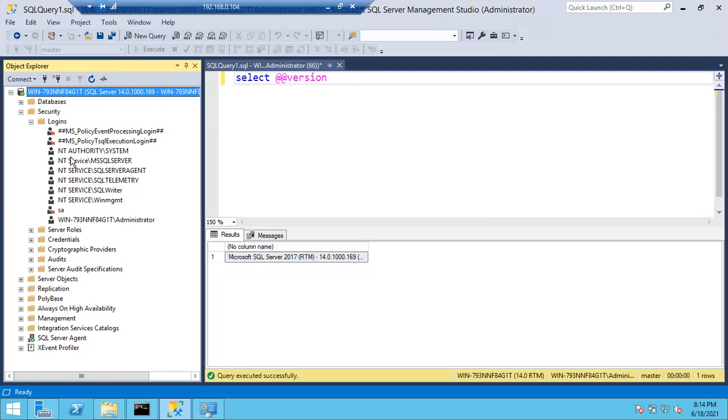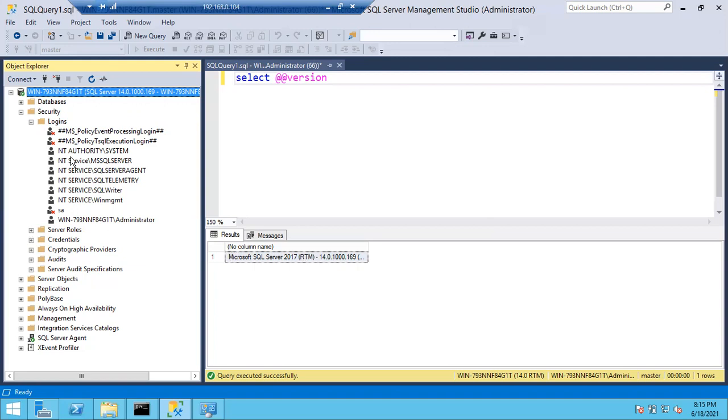Because you are able to log in to the SQL server. Once you are able to log in to the SQL server as a sysadmin, you are a sysadmin at the SQL server level, so you can create logins and give access to anyone. But there is a protocol. The person who is seeking the permissions needs to raise a request and get approvals.